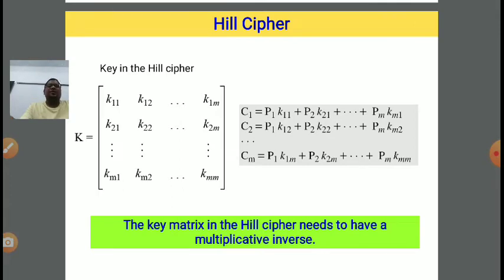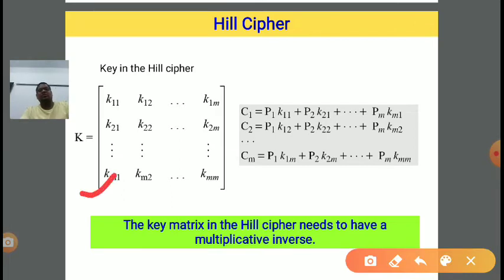Similarly, if we go to the mth row, then i will be m, so m is fixed, and the first column is km1, second column km2, km3, and so on, and the mth row and mth column is kmm. In this manner we can give the nomenclature for the key matrix, right?